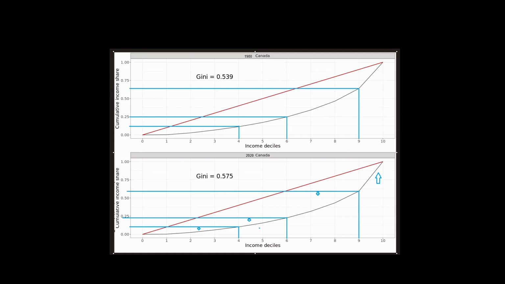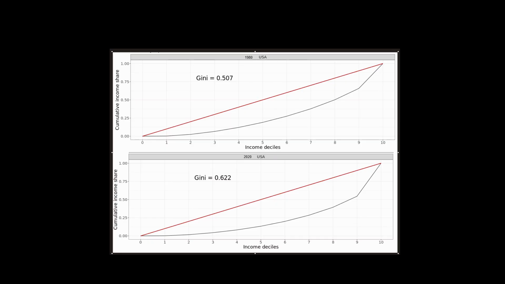Let's go take a look. How does it compare to, say, a country like the US, which has historically been held up as a hallmark of positive social class mobility? So let's go take a look at the US. Similar kind of exercise, we see the USA in 2020, we see the USA in 1980. Again, ignore these Gini coefficients for the time being. We'll talk about them a little bit later.